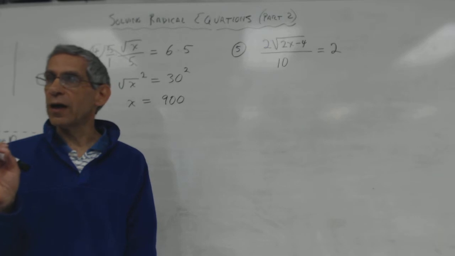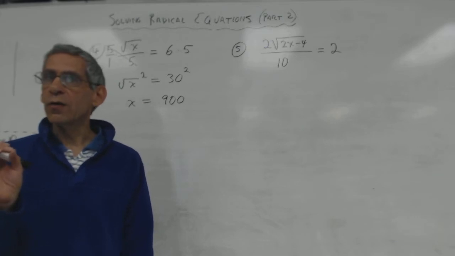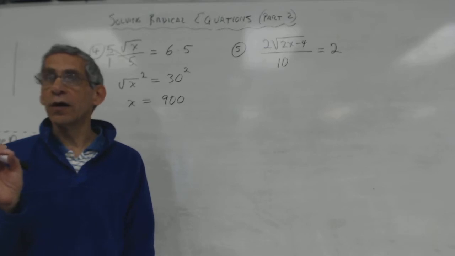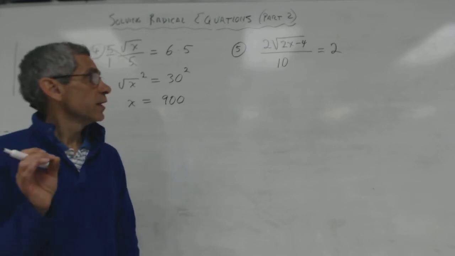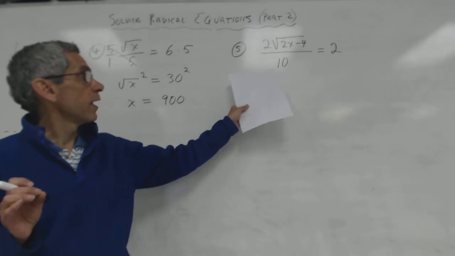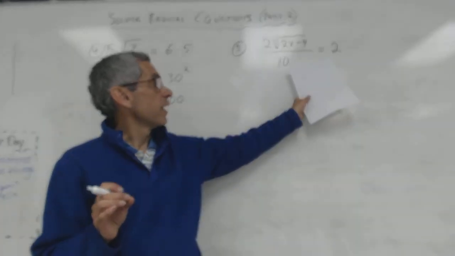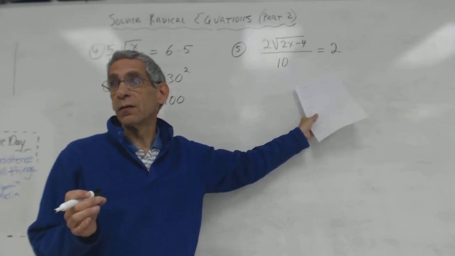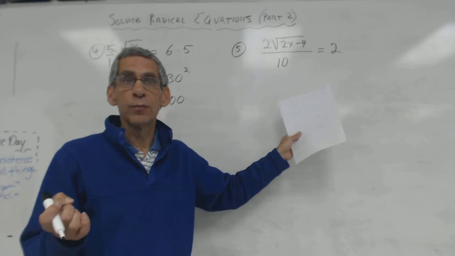So the idea is to keep it simple, right? You wanna simplify everything you can. If I don't have to have big numbers, then I don't wanna have big numbers. So, yes, I could multiply everything by 10. It would get rid of that denominator, and then that would be just a little bigger number, but had that